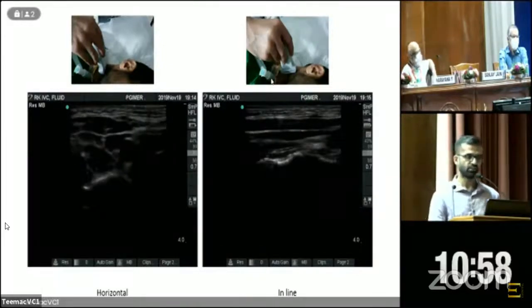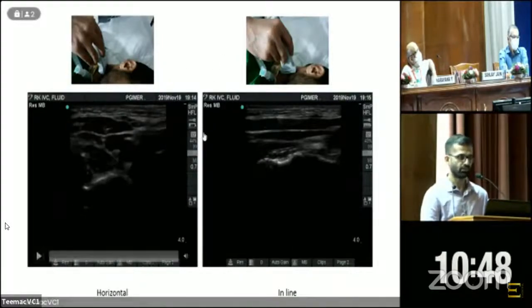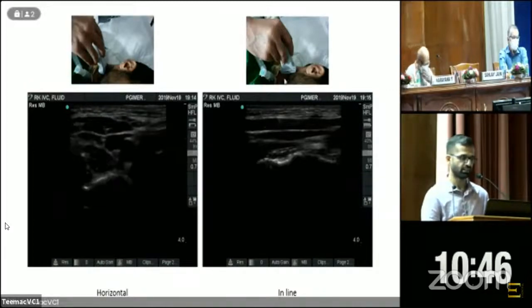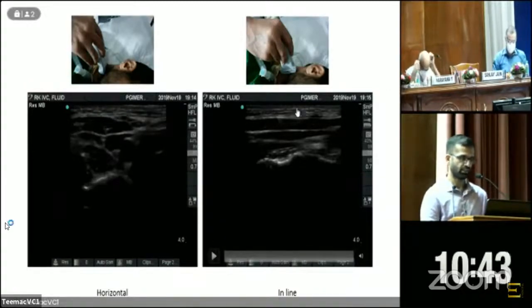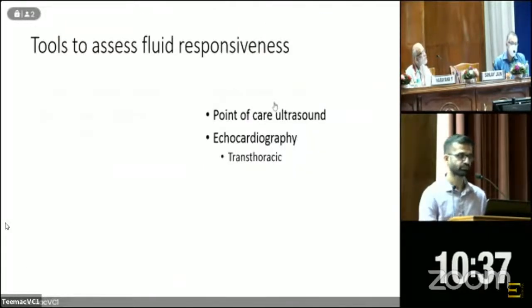The third kind of ultrasound view used for placing a central line is an oblique view, which is in between these two, not horizontal, not vertical. In between, we get the best of both worlds. So it guides the real-time placement as well as it does not place the site of entry too close to the ear or the cheek, where suturing would be difficult.